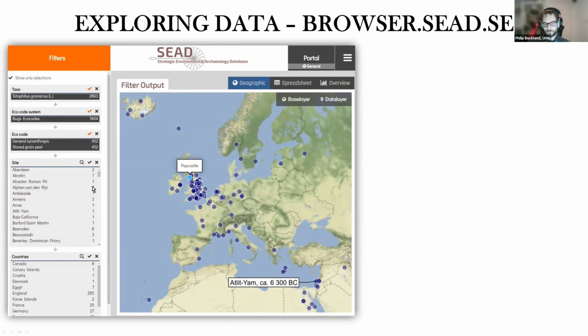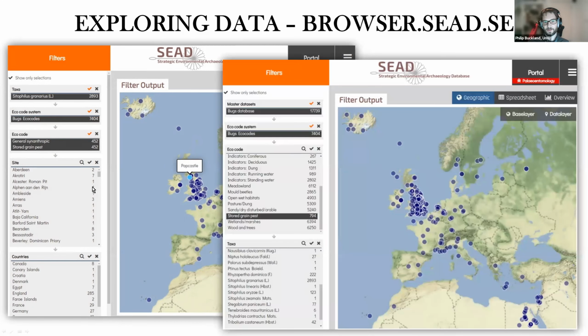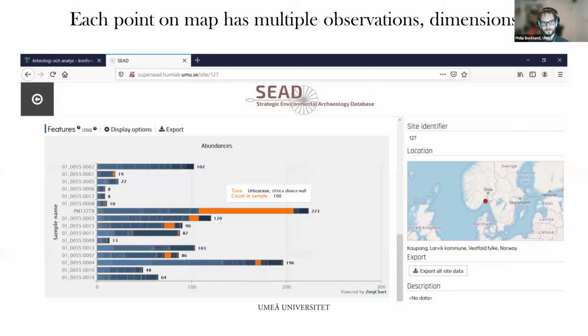Because of the granularity in the database, we can flip that round and say, now we just want fossil beetle data. We want to use this ecocode system, and then we want to know which species are stored grain pests and where they've been found. So now you can see Cytilus grenarius is just one of many records and many more dots. So it allows you to look for something, then see what that means, and then take it one step further. And the idea here is to connect that through to the modern biodiversity data.